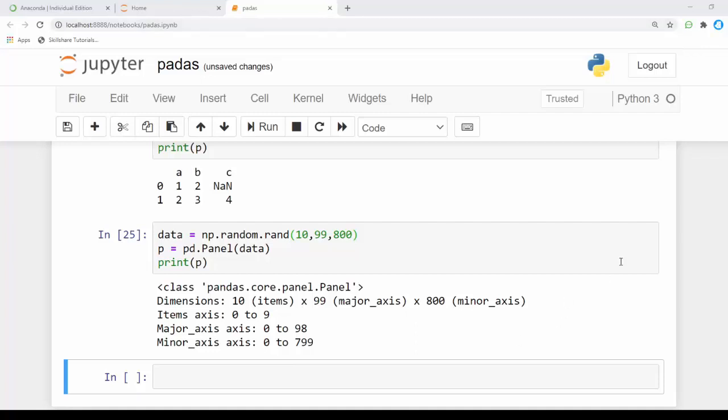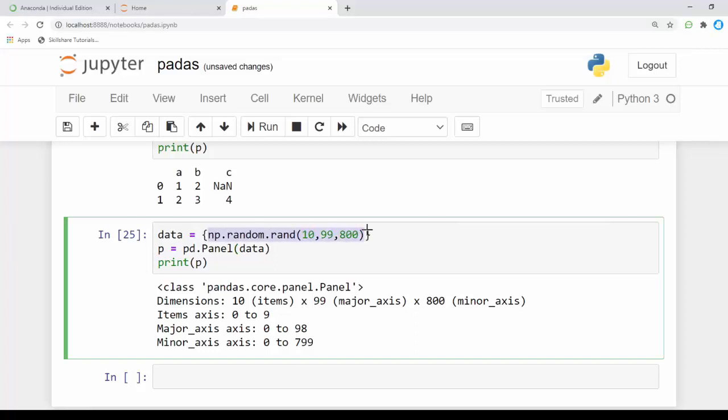For that I'm going to remove this and open a dictionary. The key is item 1, and the value is pd.DataFrame of np.random.rand with the values 1 and 2, maybe some odd values like 5 and 9.